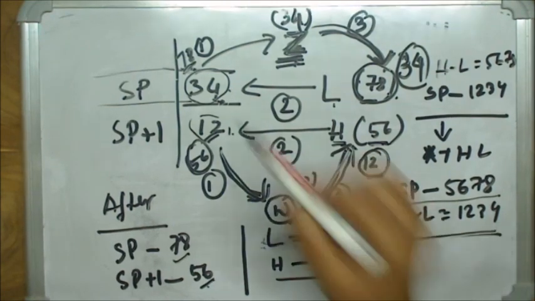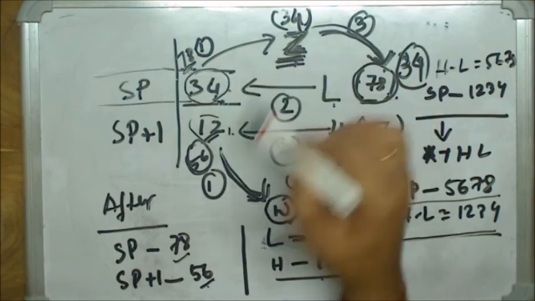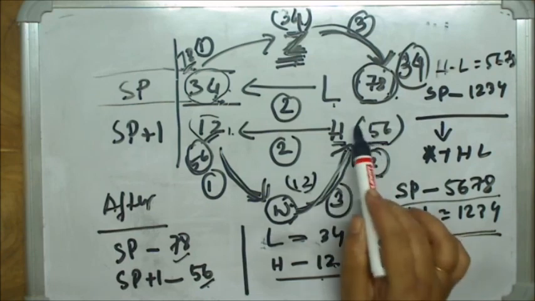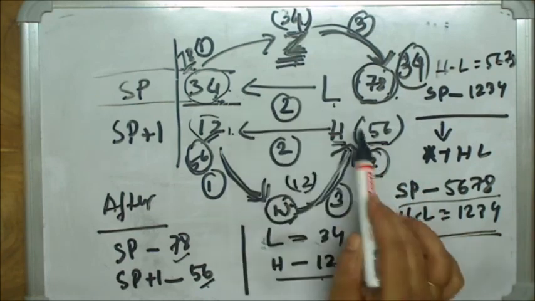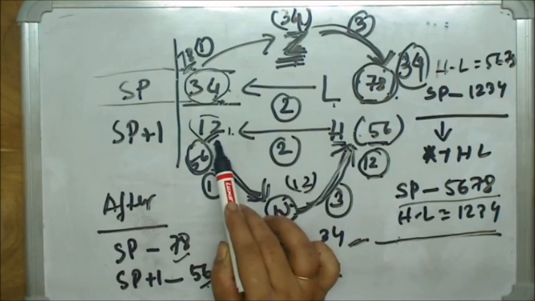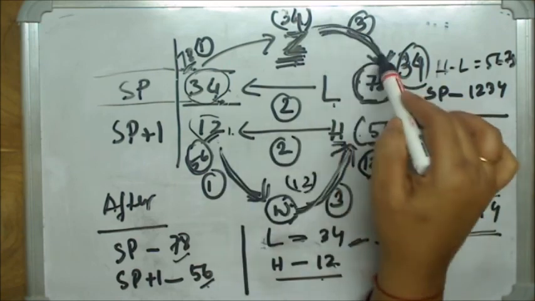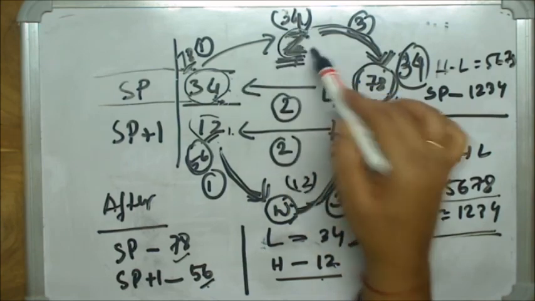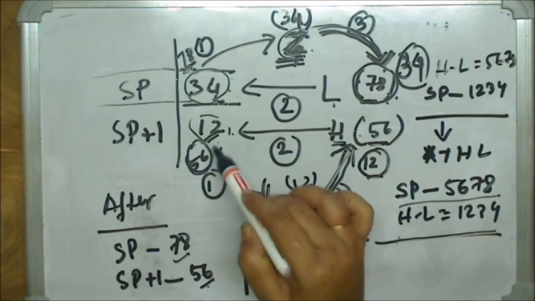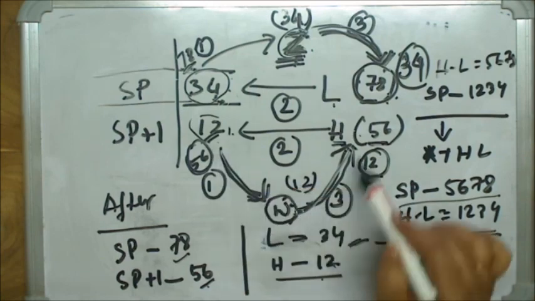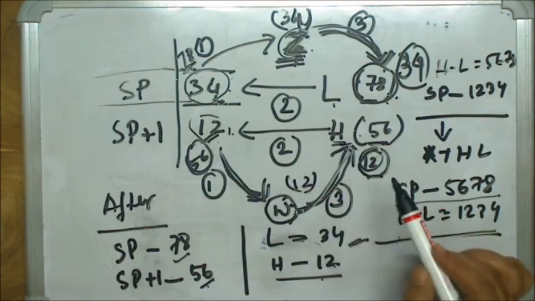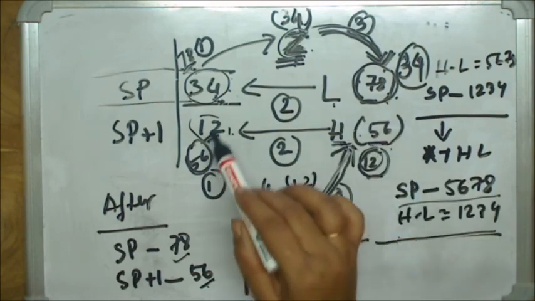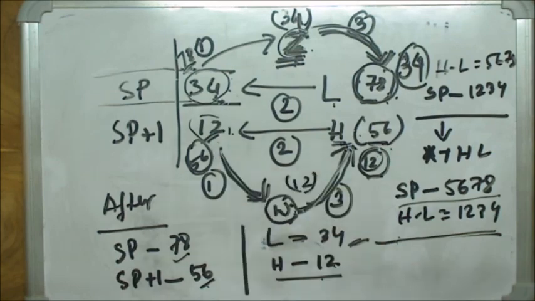Understood the operation? First, the content of SP will get loaded in Z, and the content of SP plus 1 will be loaded in W. In the second step, the content of L will get loaded in SP, and the content of H will be loaded in SP plus 1. In the third step, the content of Z, that is the content of SP which was stored in Z, will get loaded in register L, and the content of SP plus 1 which was loaded in W will be loaded in register H. So it will be exchanged in this way. So HL will contain 5, 6, 7, 8, and SP plus 1 will be containing 1, 2, 3, 4 each.